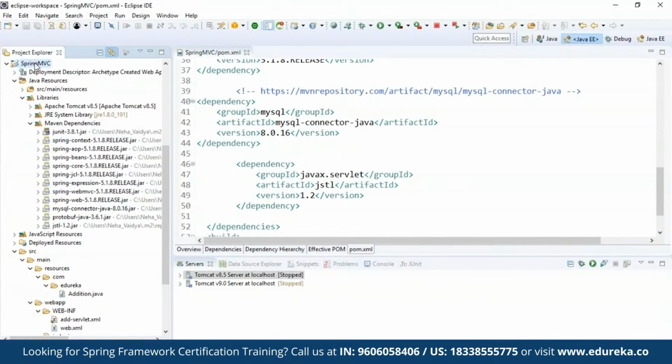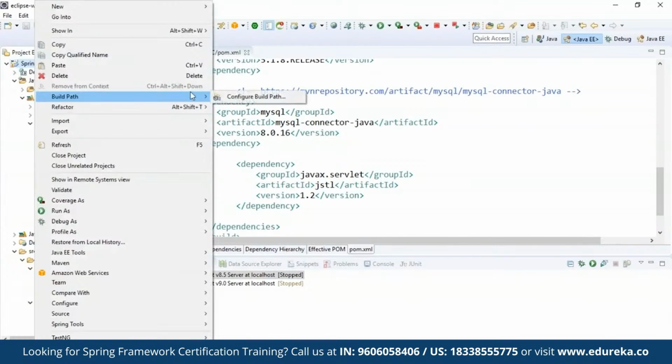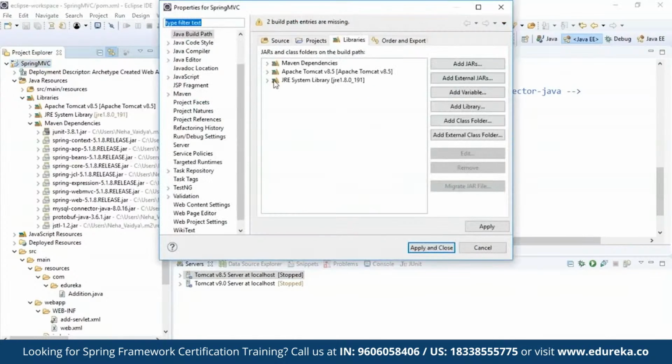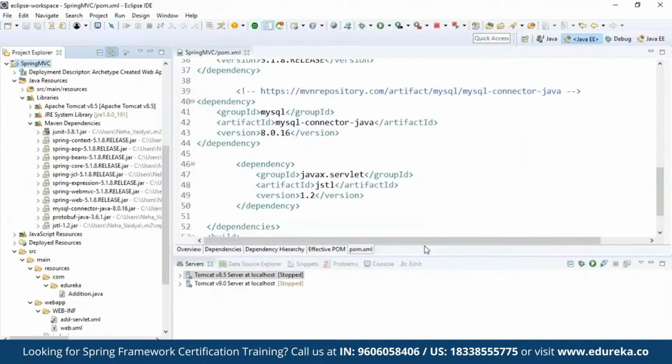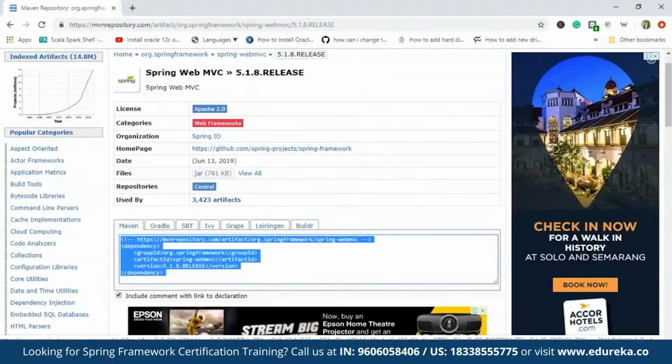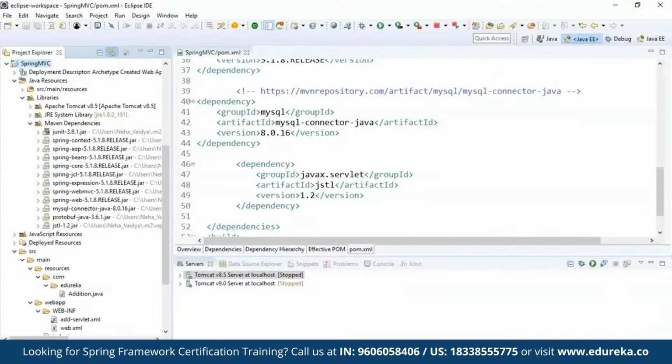And also when I click on this project, I'll choose build path and configure build path. So you can see I have the Maven dependency, I have Apache Tomcat library, and also I have the JRE system. Apply and close. So make sure your jar files, your dependencies, everything is configured before you jump into executing a project. Okay. So after this, the next step what you have to do is you have to create a